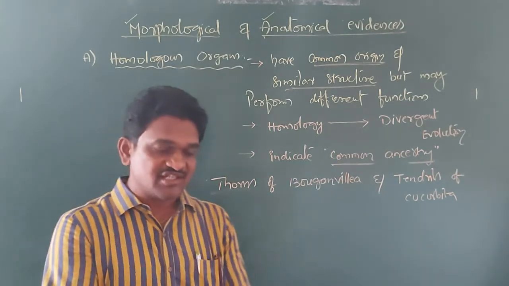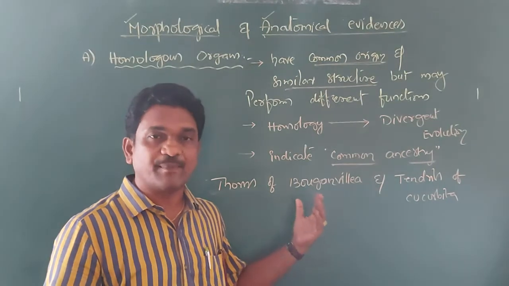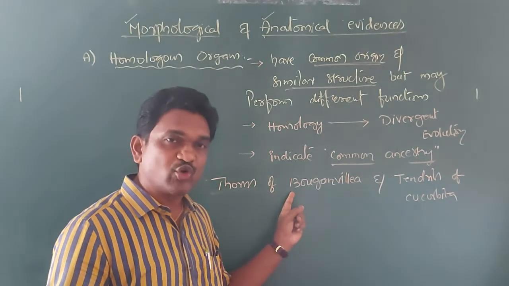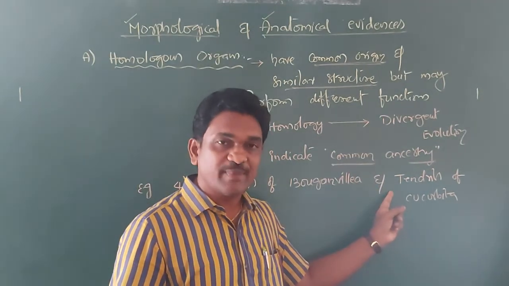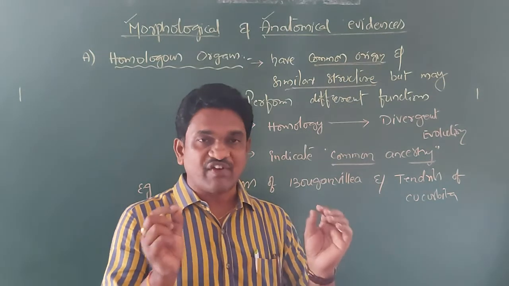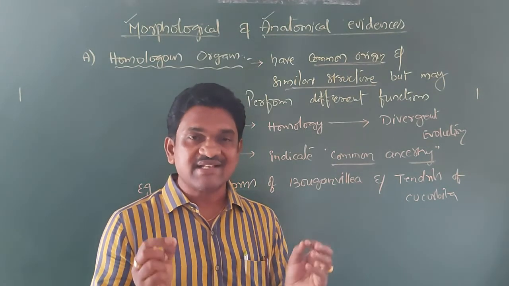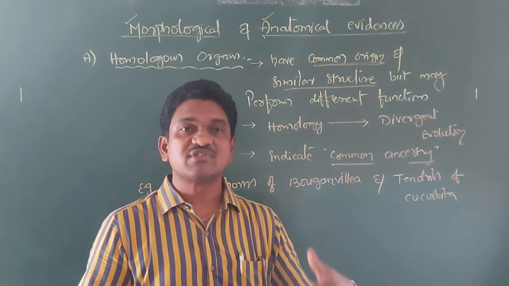How are they structurally similar? They have a common origin. Both of them arise from the axillary point. In the axillary point of bougainvillea, a thorn arises. In the same axillary portion of the cucurbita, a tendril arises. So they arose from a common point. What is the common point? The axillary portion. Since they arise from a common point, they have the same structure.